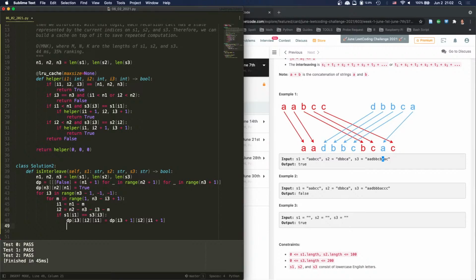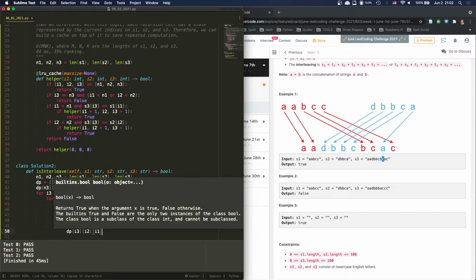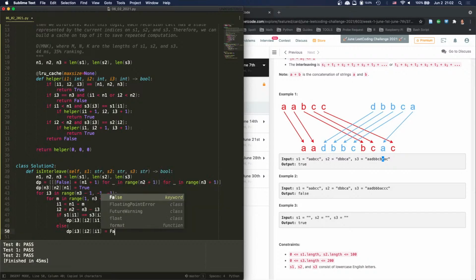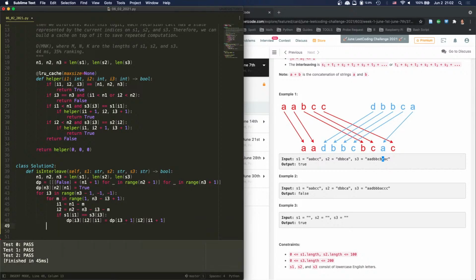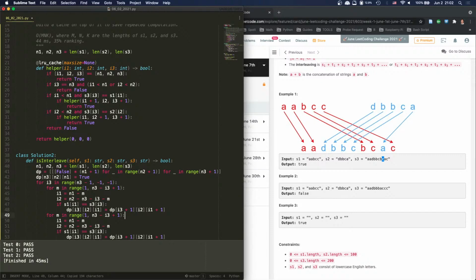Else, I mean this one doesn't match, then we can just say this one is false. Right? This one will be false. And then because we already set false, so we don't have to do anything. So if it matches this, so that's, we want to match I1 first, right? And we can also say I want to match